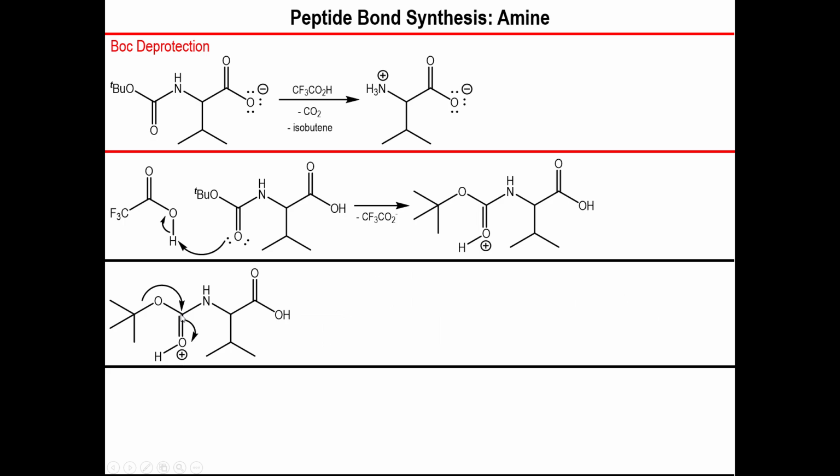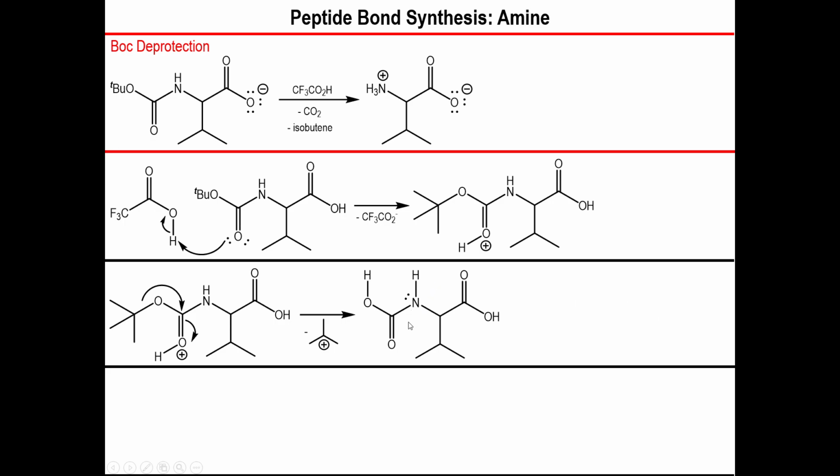They'll move over to form a new carbon-oxygen double bond, and the pi bond of the protonated carbamate will simply have its electrons move over, making that oxygen neutral. But now we have also created and formed a T-butyl carbocation as part of the mixture. All right, so now once this is protonated, this